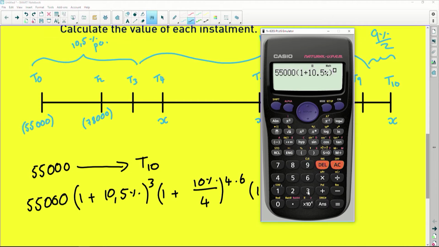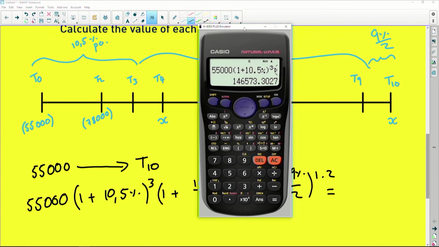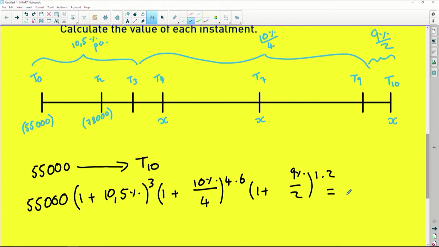And that is to the power of 3. And that's going to be multiplied by 1 plus 10% divided by 4 because of our compounding period. And that's going to be to the power of 4 multiplied by 6. And our last compounding period, we're going to have 1 plus 9% divided by 2, and that's going to be to the power of 2 because we have 2 compounding periods in a year if it's compounded half yearly. That gets me a number of